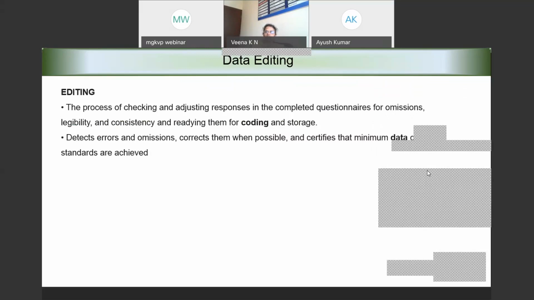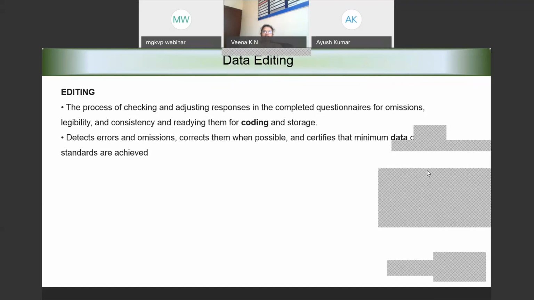Sometimes, without our knowledge, some data might go missing. The data editing part will help us even to identify if the data is missing or not. It also helps us in coming up with possible options to identify a replacement for the missing data.